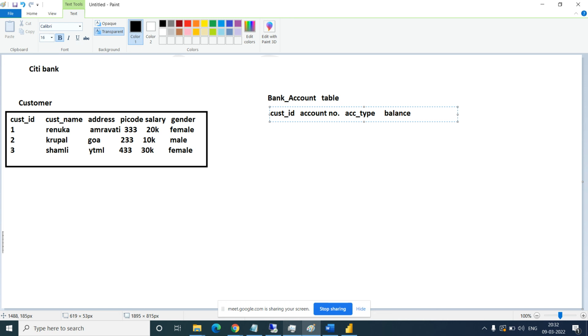This is only banking related, not transactions. I'm just creating the banking related data.